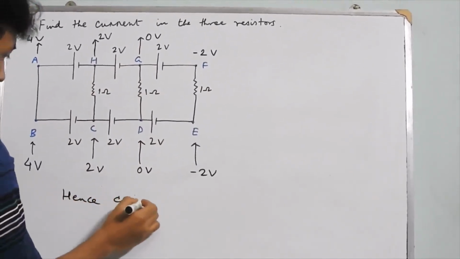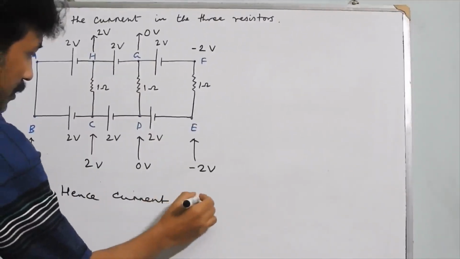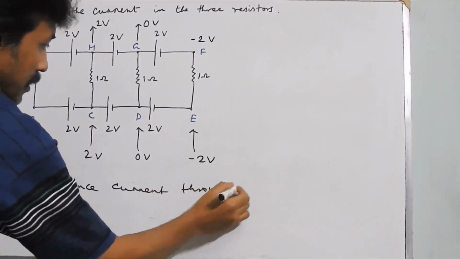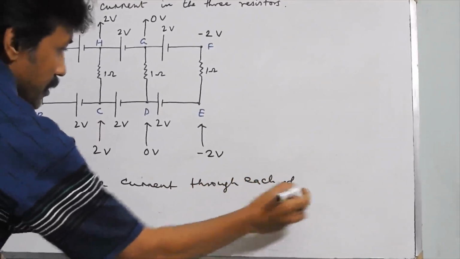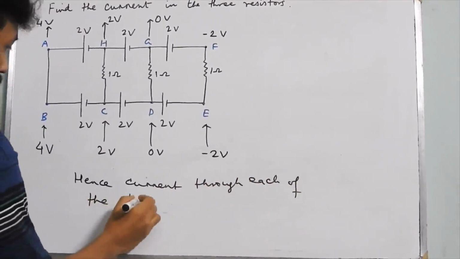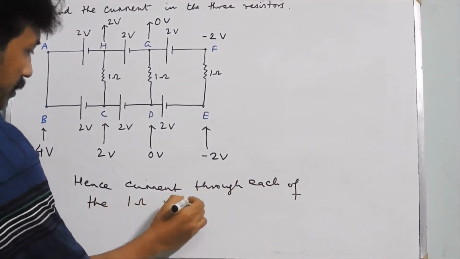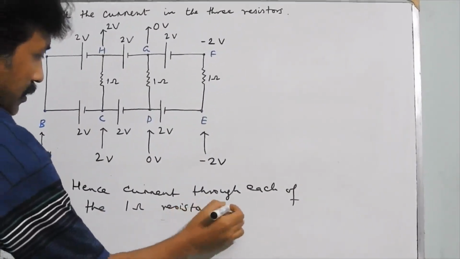Hence current through each of the 1 ohm resistance is